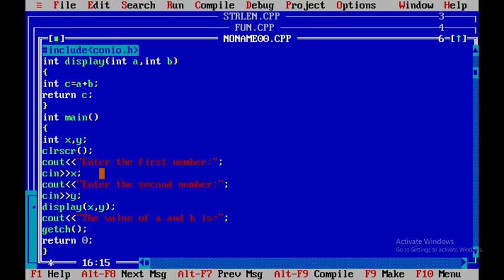and after reaching this code, it will directly go to the user defined function. The value I have given for x will be received by a, and the value I have given for y will be received by b, and the values received by a and b will be added together and stored into the variable c. And because of using the return keyword, it will terminate the function here. The return keyword will terminate the user defined function, and the value it has will be retrieved to the main function. And here, I am going to access the value of c,